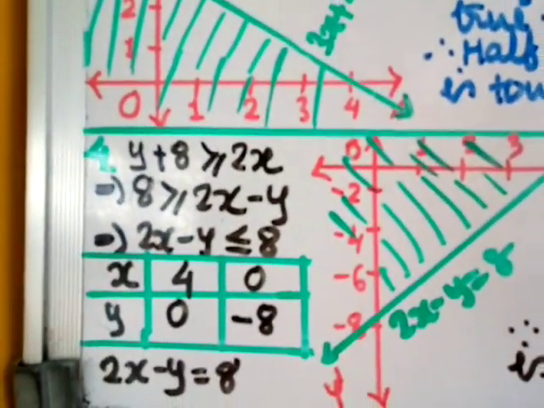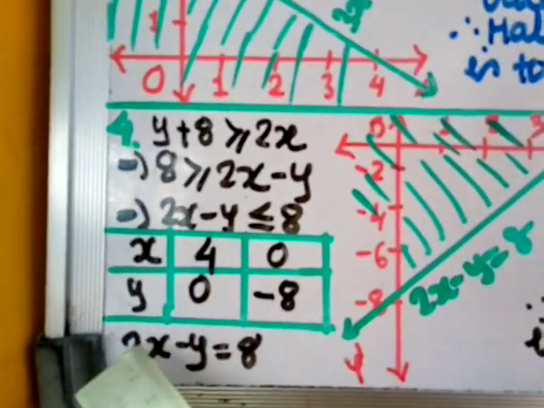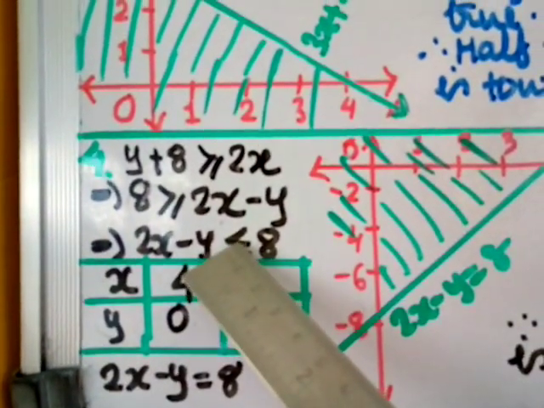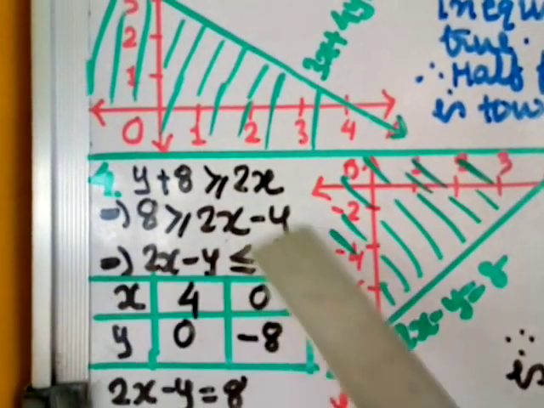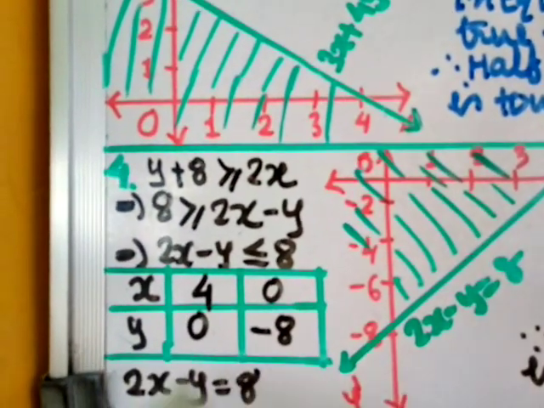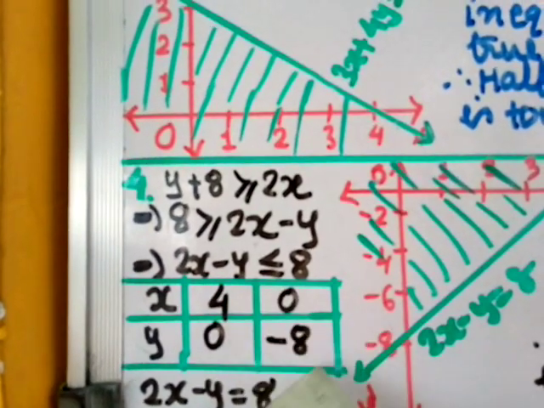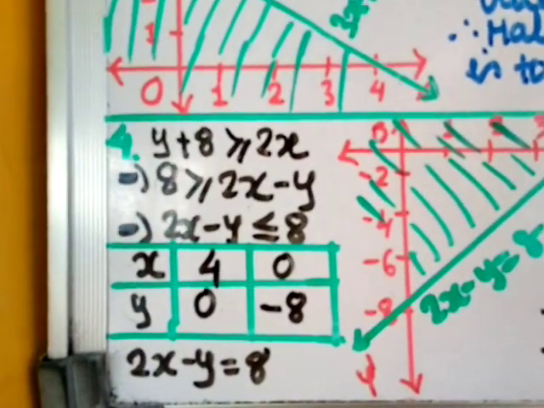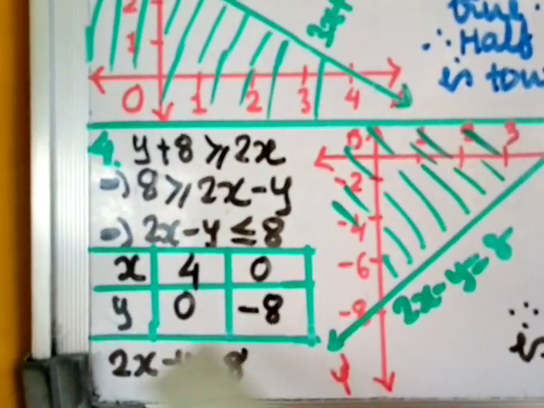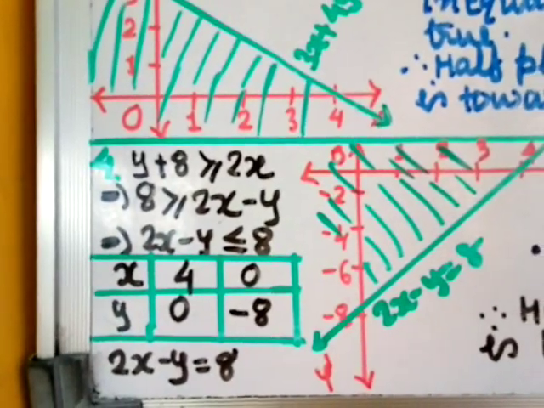Now we have to draw the line. Here also less than or equal to, so you have to draw a solid line. When you are taking the points, you consider the equal to sign. When you take y equal to 0, 2x equal to 8, divide by 2, so you get x value as 4. When you take x equal to 0, minus y equal to 8, that means y will be minus 8. So these are the 2 points. Here this is the negative side and this is the positive side, so it will be in the 4th quadrant.